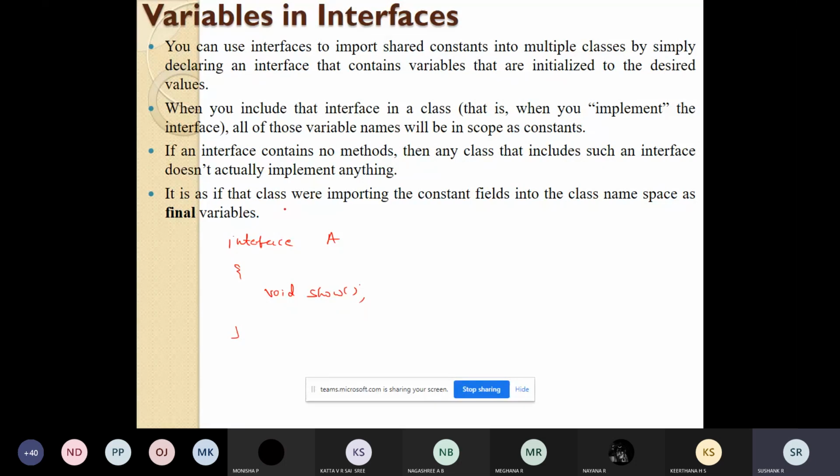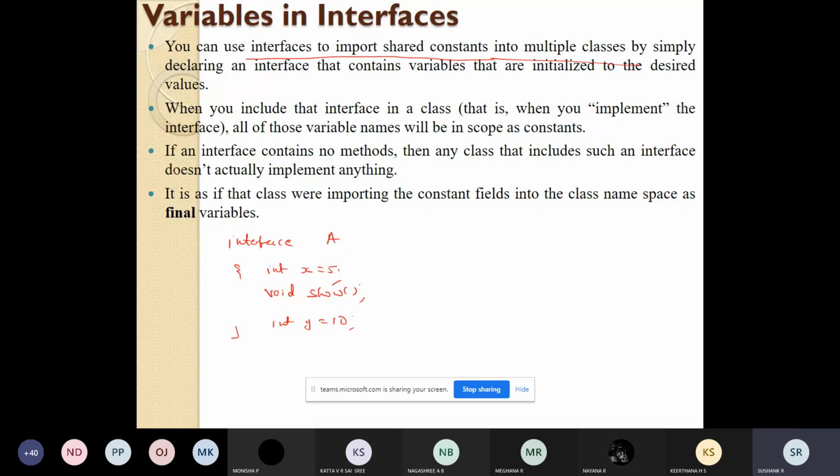For example, I'll write int x = 5, int y = 10. One thing you should keep in mind is that these variables are constants. So you can use interfaces to put constants into multiple classes.